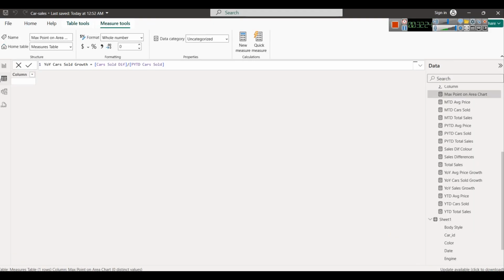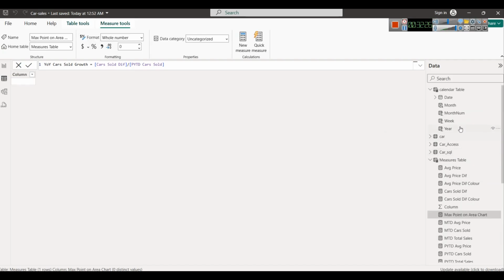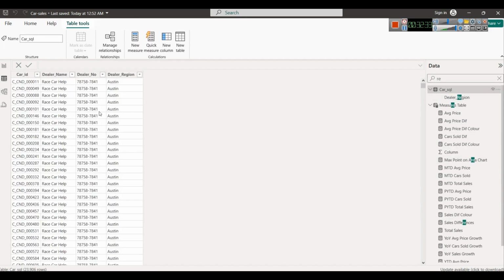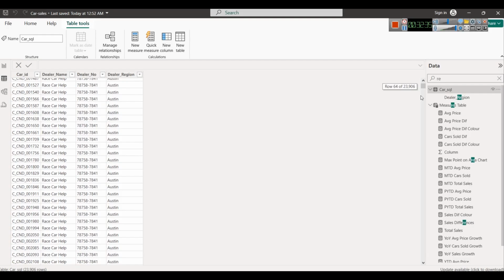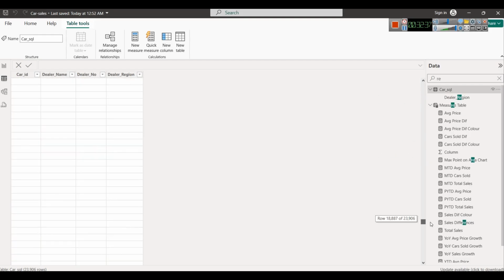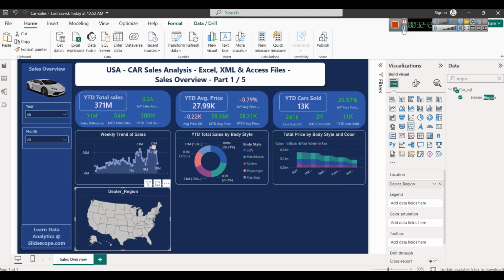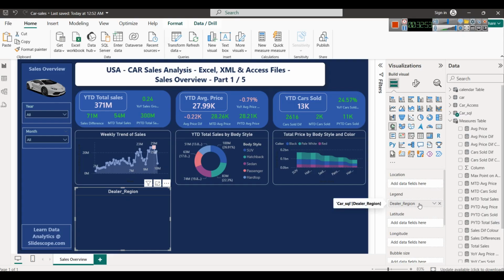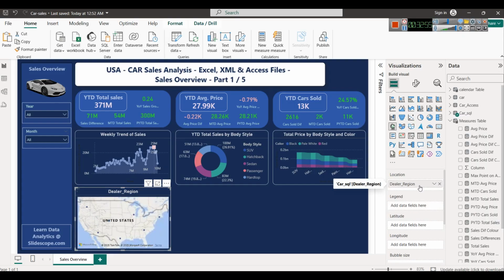Dealer region is given, but before that I have to see how it is given. In the car SQL it is given, so you can see it is given as Austin, Scottsdale, Middletown, etc. Actually in a shape map, if a state name was given, it could have been a better thing. But anyways, we'll change it to a map chart, a simple map chart, where we will use dealer region as